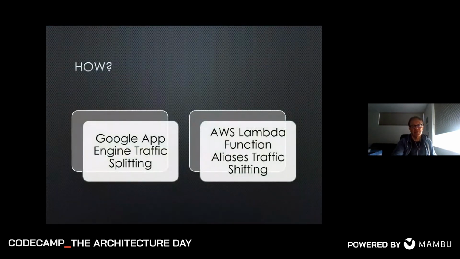How do you do this in practice? Well, there's ways to do this when you deploy on a serverless platform, which are relatively straightforward. Google App Engine, which is the one I'm most familiar with, has a traffic splitting capability. So I can deploy the same code multiple times to my App Engine deployment. I deploy it as a different version with different parameter settings, and I configure GAE to send a certain percentage of traffic to each of those.